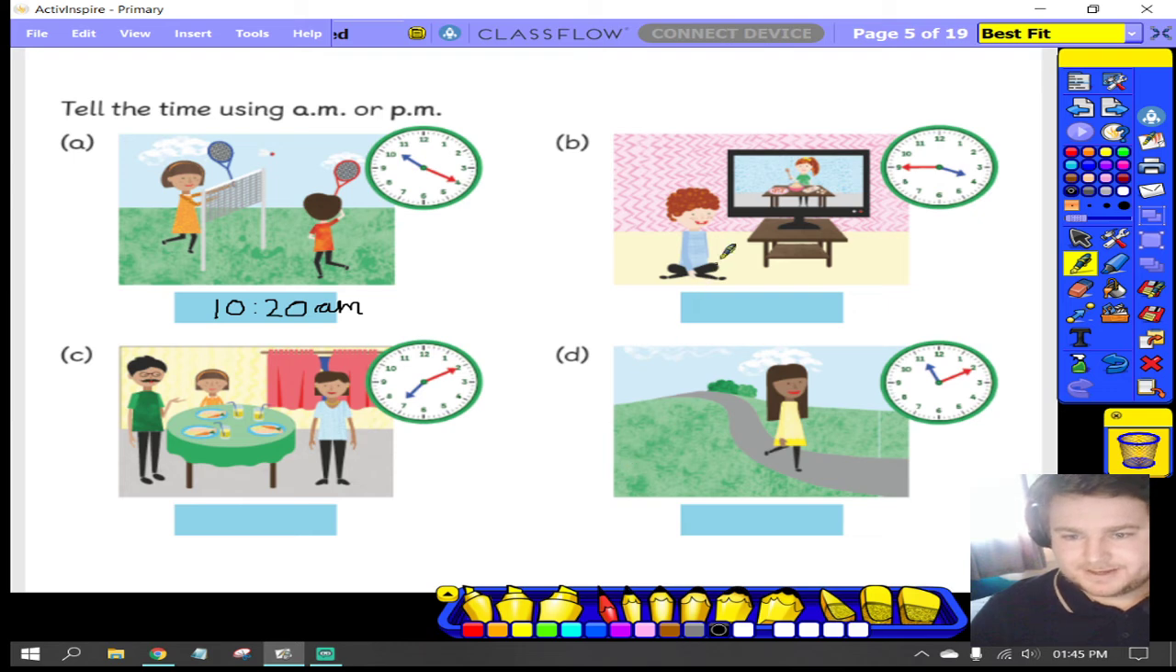Welcome back. So let's have a look here. We have got, oh, okay. So it's 45. It's gone past the 3. Look, it's nearly at the 4, but it's not quite. It's still within the third hour. So